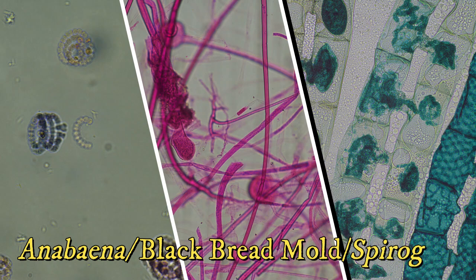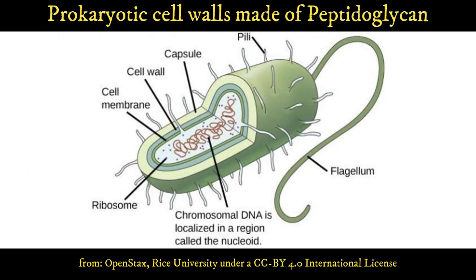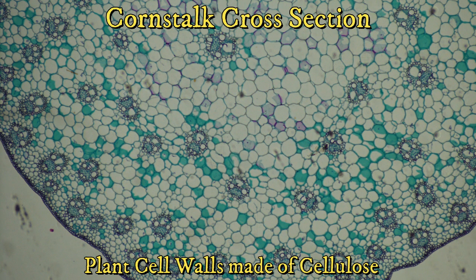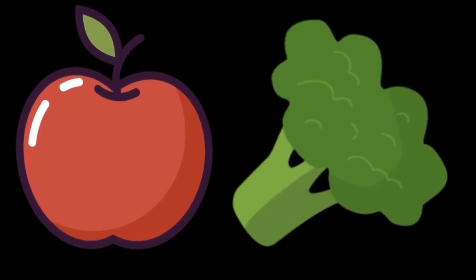Cell walls are found in prokaryotic cells as well as fungi and some protists. But the chemical composition of the cell wall in prokaryotes is peptidoglycan, while it is cellulose in plant cell walls. You may not be familiar with cellulose, but dietary fiber is made from cellulose in plants. Dietary fiber is indigestible to us, but it is important in regulating our digestive system and helping us with our daily